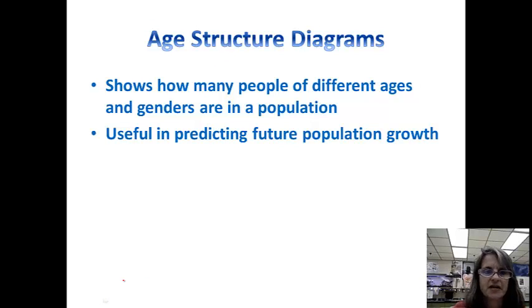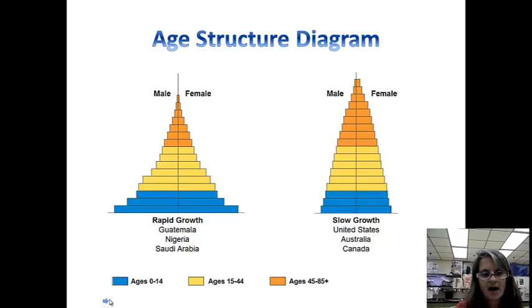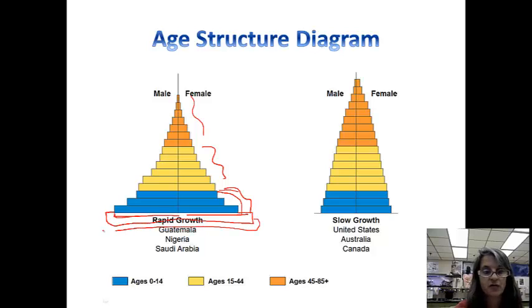All right, age structure diagrams show how many people of different ages and genders are in a population, and this, again, is a tool to help predict future population growth, okay? The ages here, the youth are down here, middle-aged and old, same over here. But what we see here is that we have lots and lots of kids in this population, very few old people. Well, all these kids are going to grow up and have babies, and so this is going to get even wider as time goes on, this youthful base. This is a rapid growth